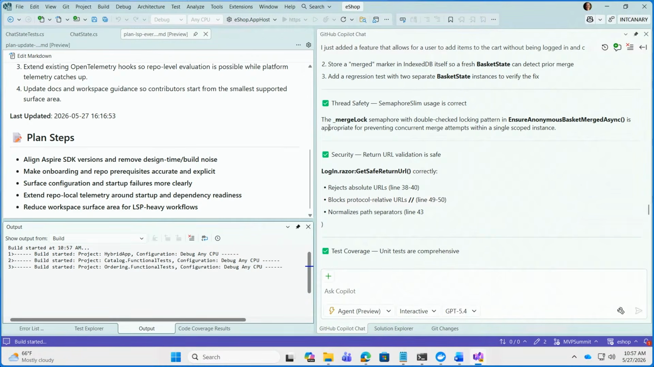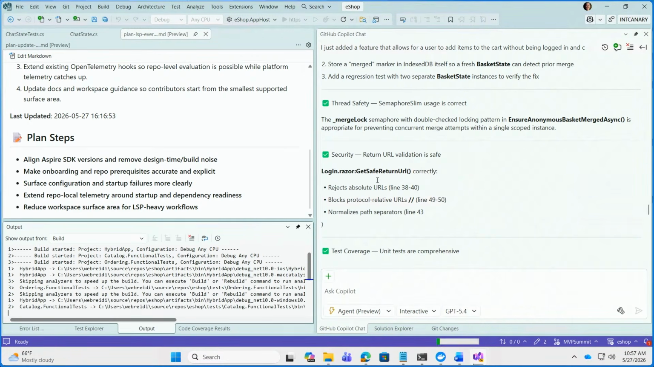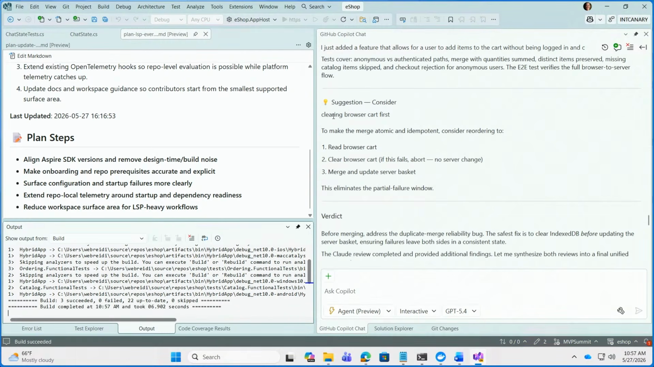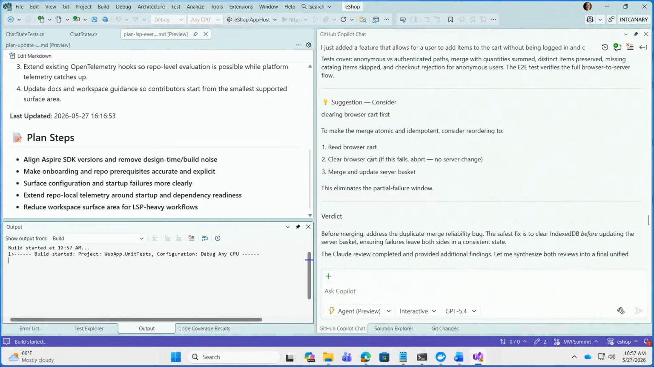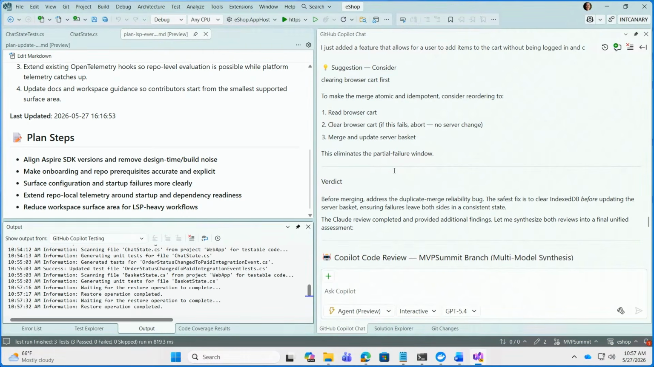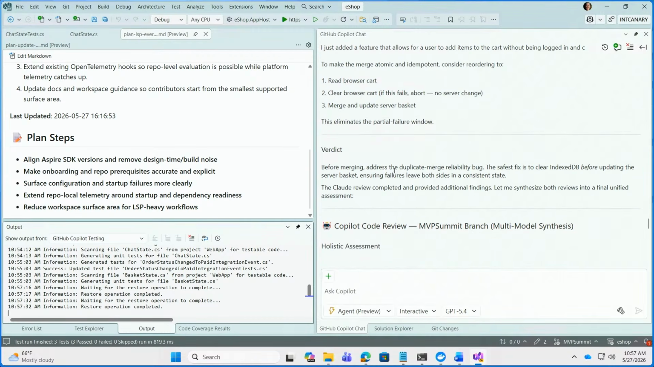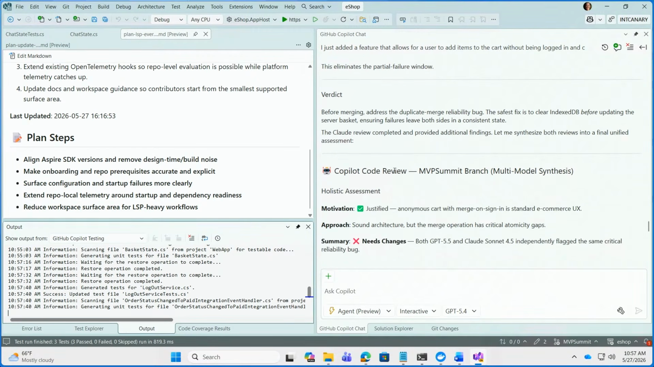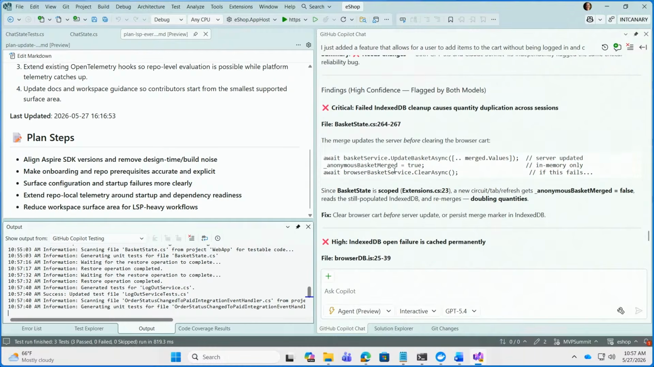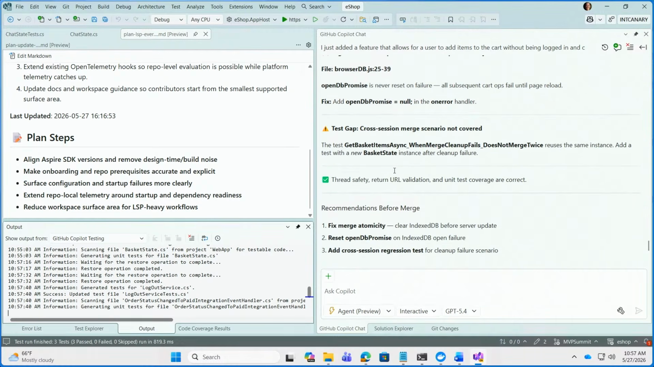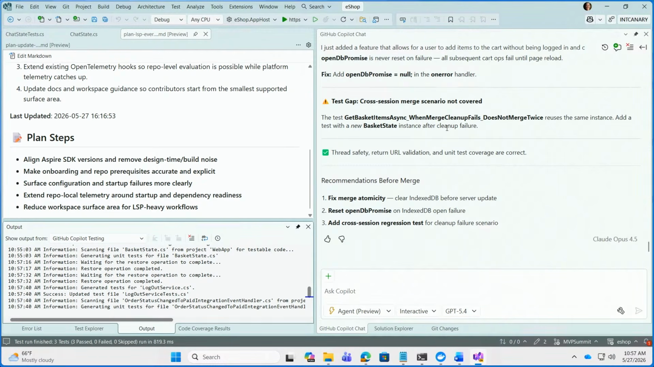I had it look at very specific things around thread safety and security and test coverage, things that are all very important to me. It says from those perspectives, those are good. It puts a green check mark. Then there are some suggestions. These aren't absolutely necessary, but I suggest you look at these when you're clearing browser carts and all of that. There's some improvements there. And then it summarizes all of that into here are your critical fixes that you need to make. There is a little test gap, which I'm covering with my test generation, and the recommended changes that we need